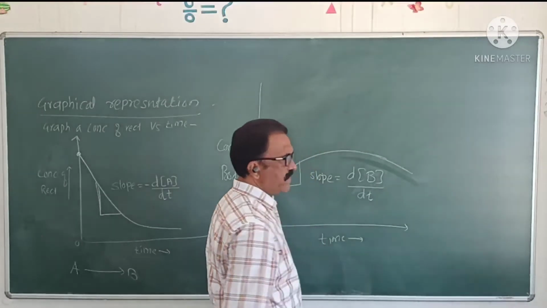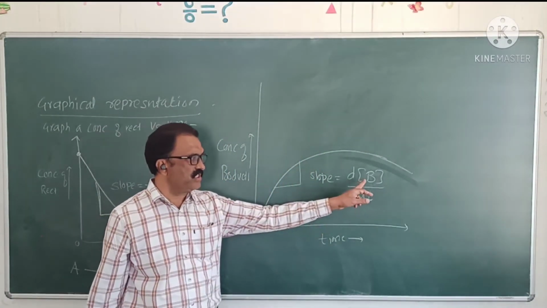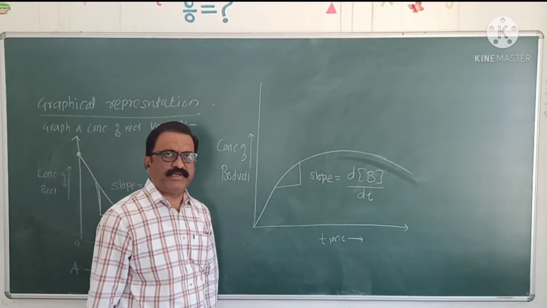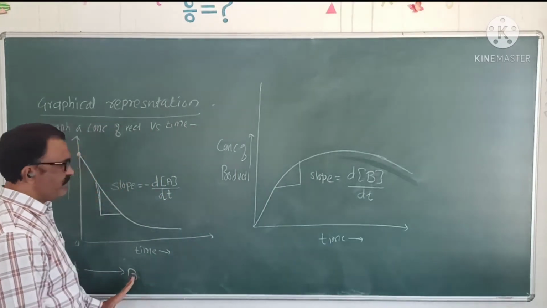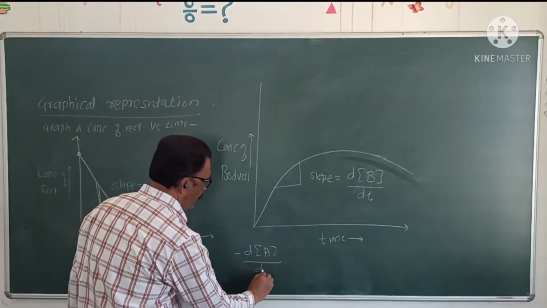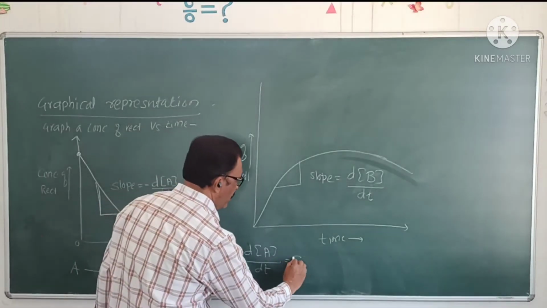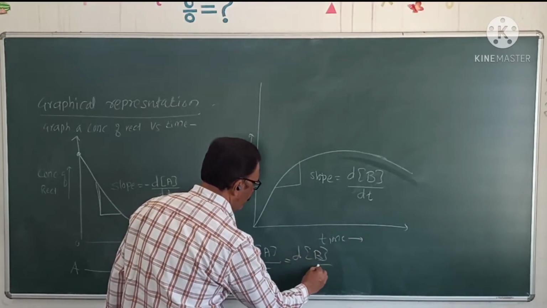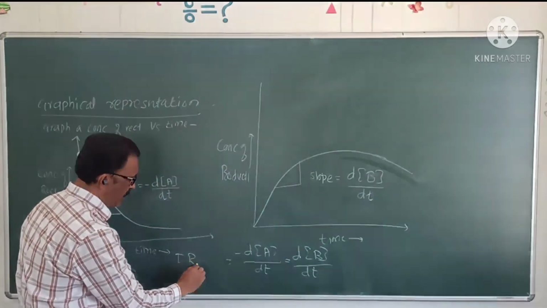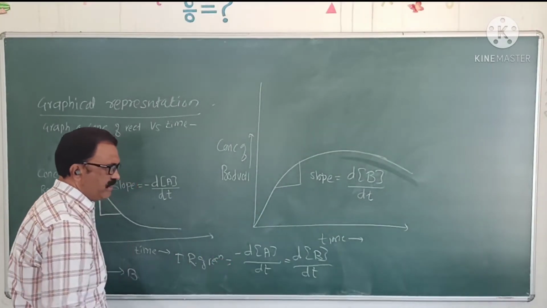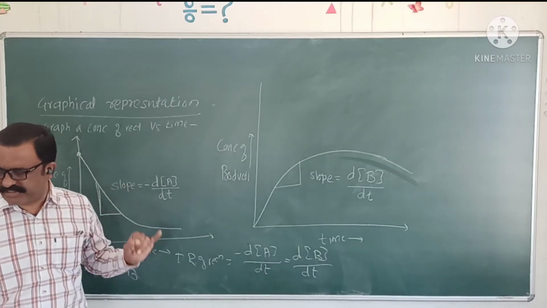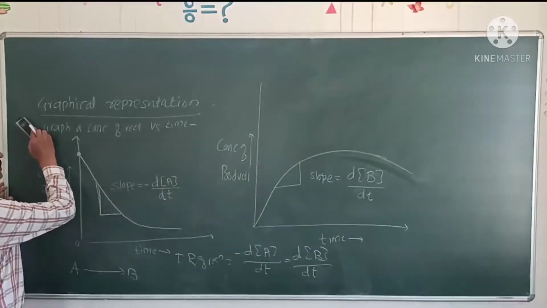That is the increase, the change in concentration of product with respect to a small change in time del t. And the instantaneous rate of this reaction is equal to del concentration of P divided by del t, which is equal to the instantaneous rate of reaction. This is the graphical representation of instantaneous rate of reaction. Okay? Now, the instantaneous rate